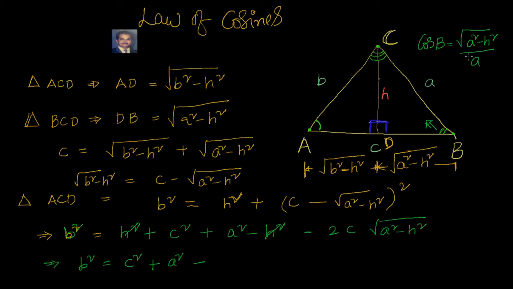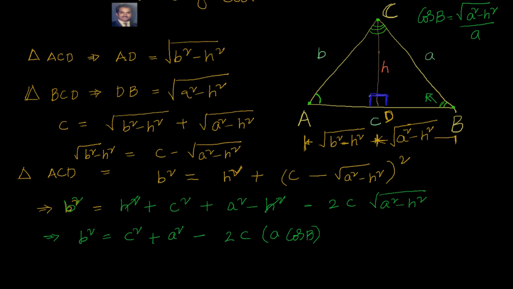So can I say square root of a square minus h square equal to a cos b? Can I say that? Yes, I can say a cos b. This gives me b square equal to c square plus a square minus 2ca cos b. Similarly, what you can do is, instead of taking c, if you take the base as b